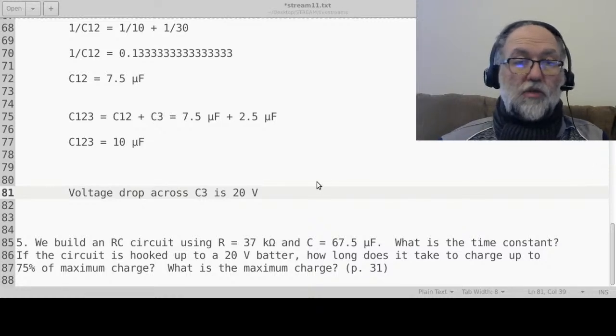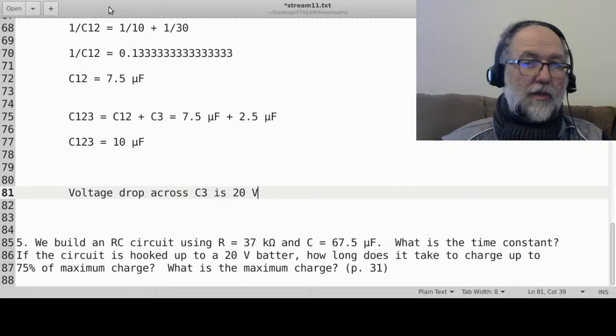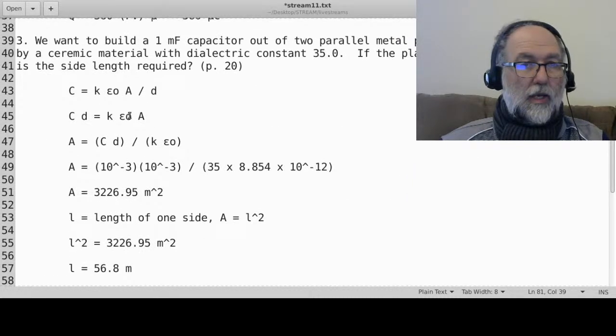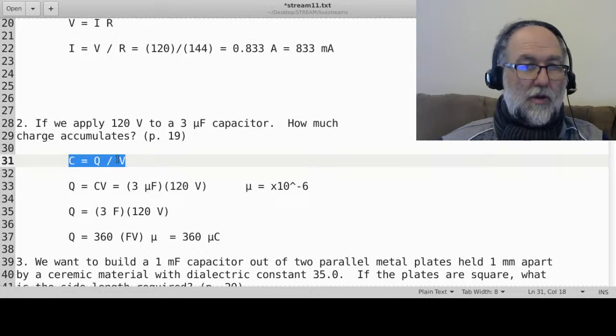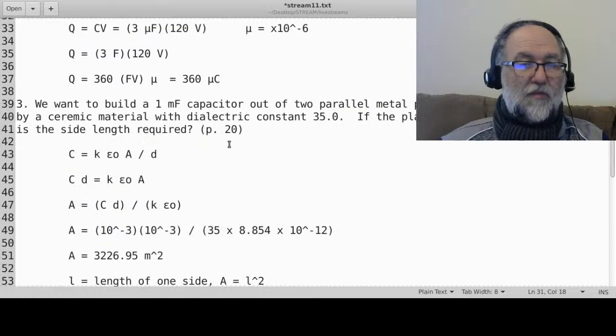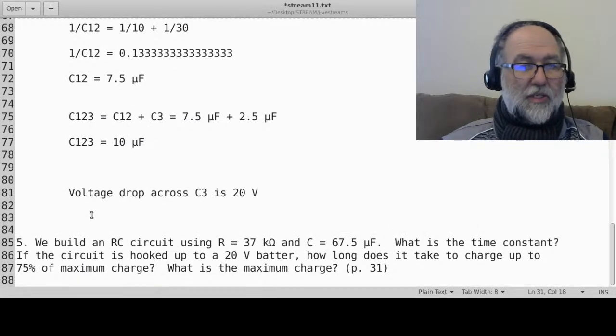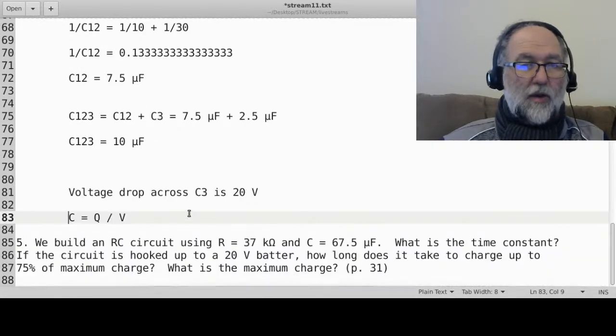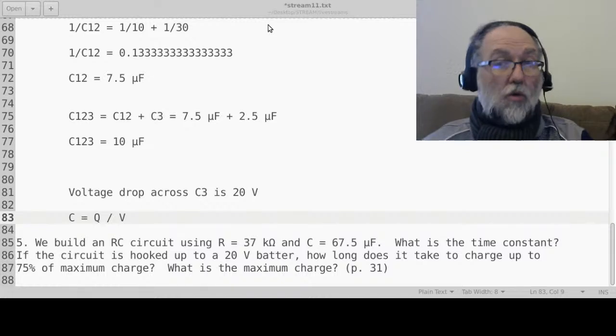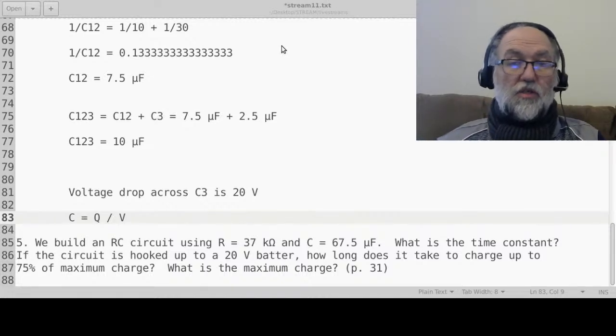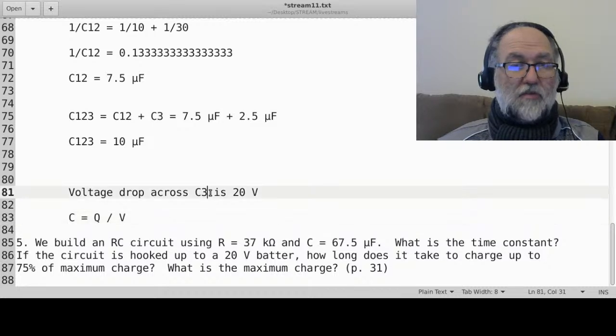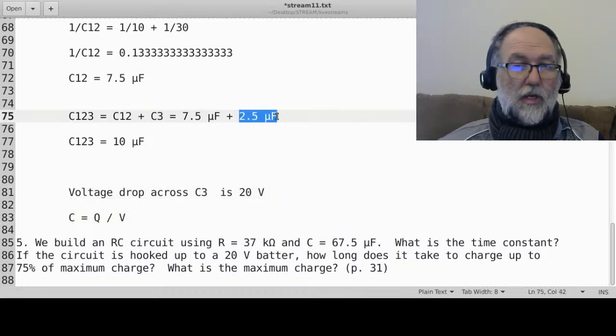Okay, here we're not using Ohm's law, rather we're using this. Where did I have it up here? This one. It doesn't really have a name, it's just the definition of a capacitor, but this formula here is used in the same way that you use Ohm's law in the resistor problem. So you take a look here and you go, well, do I have the value of C3? Well, yeah, you do, because I told you it's